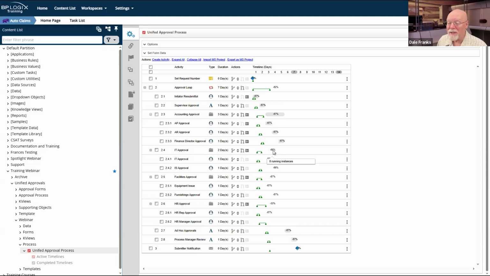And so these color things here that I'm supposed to see, I'm just not seeing. In fact, I'm not seeing any of my bars. I should at least be able to see the outline of the bars. They're not showing up here. This is just a color palette change. It's not a functionality change, but we have gone in and gone through our colors to be sure that whenever I switch to something like the Analyze Timeline view, or when I look at a running timeline instance where I have activities that may occur in the future, you can't really see them.